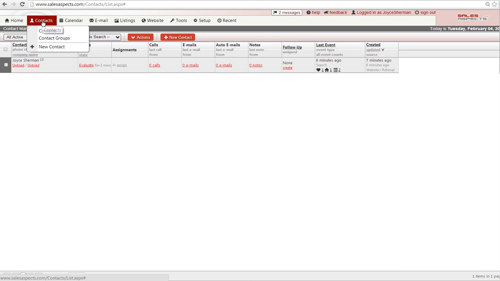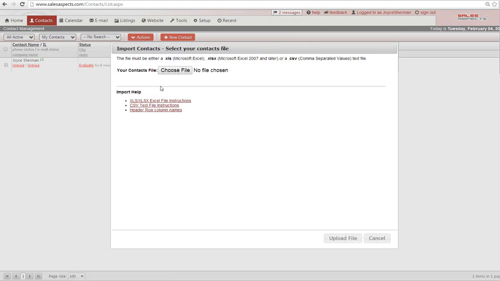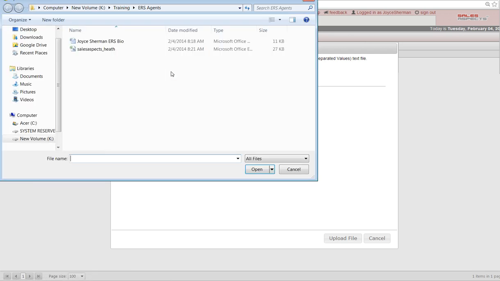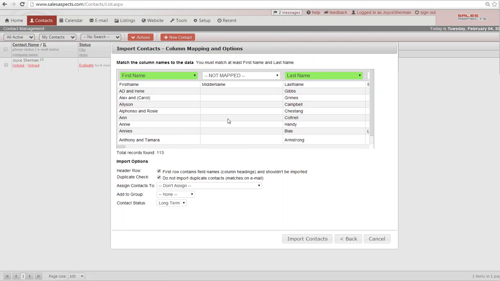So you'll click on Contacts, and I can import under Actions, and there is what is called the import. And we click on Import, it says Choose File. Now, at any time, if you need instructions on how to create a CSV file or an Excel file, or how to create header row column names, all of those instructions are right here. Okay. I'm going to choose File, and I'm going to select it, and then I'm going to click on Upload,